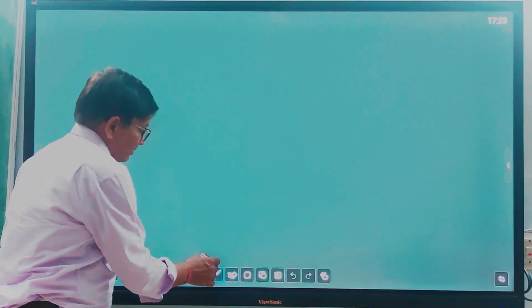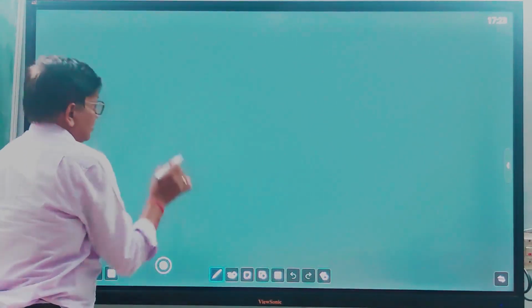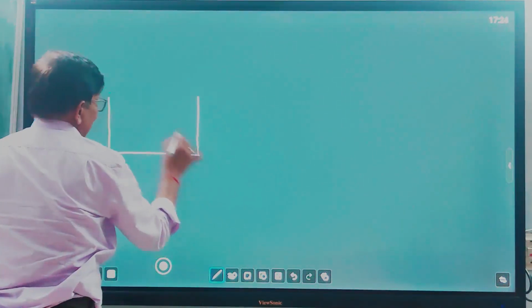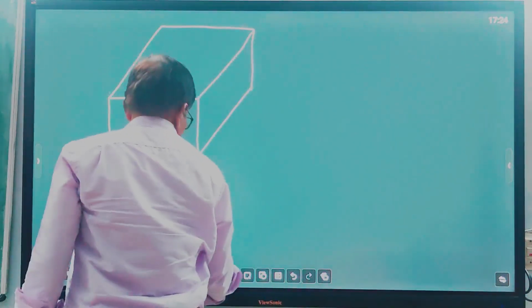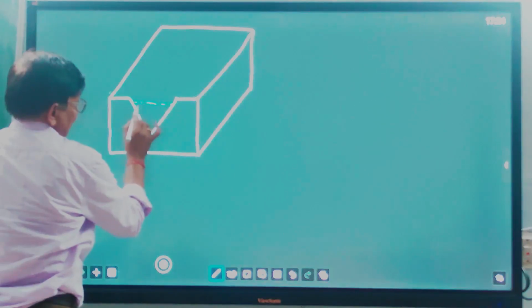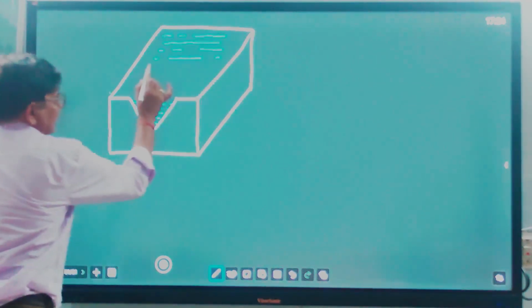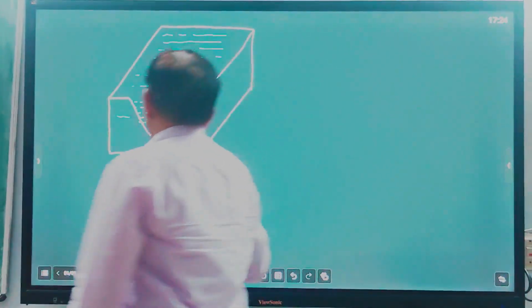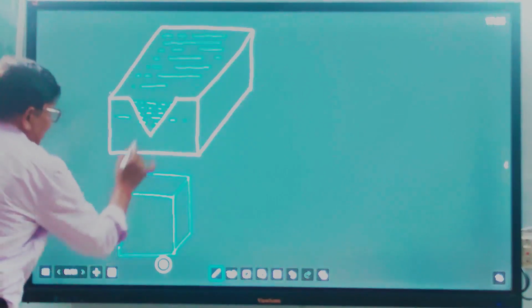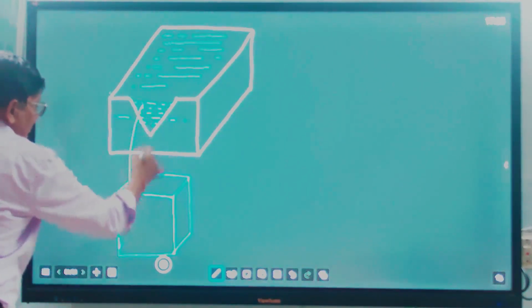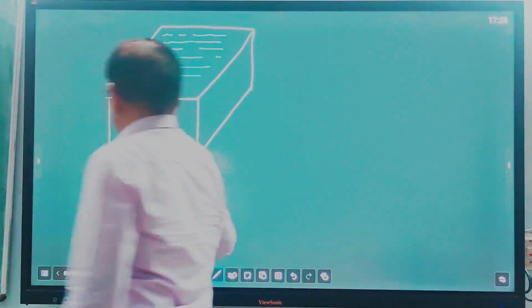First let us see a setup to visualize flow measurement from a triangular notch. This is a tank in which a triangular notch is installed, and water is filled inside. During steady state flow, the notch is fully filled with water. These are the tank sides, and here you can take another tank. Water will come out like this and be accumulated in this tank.